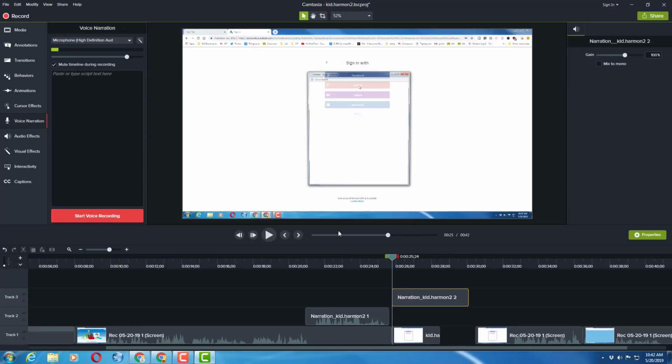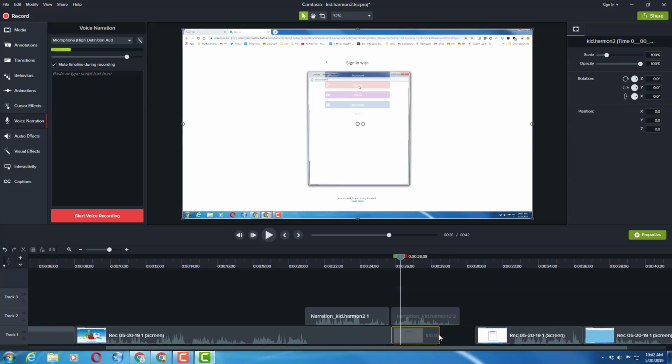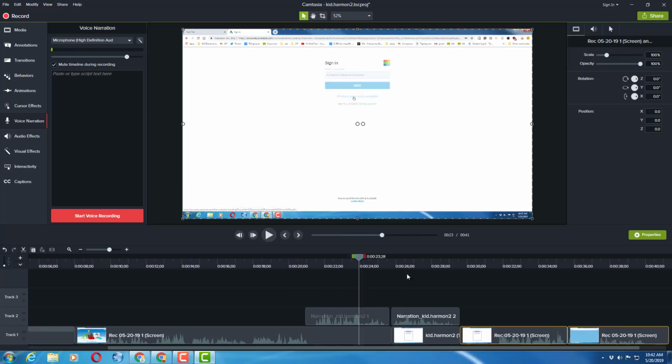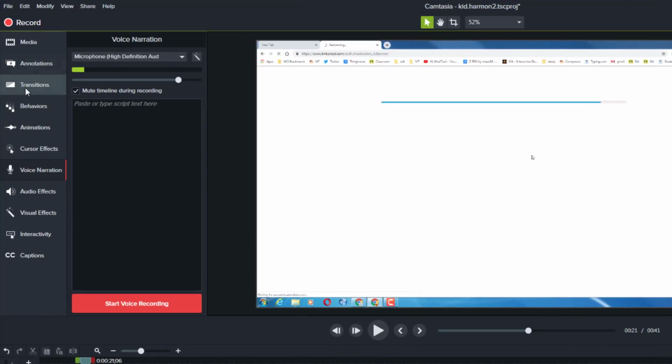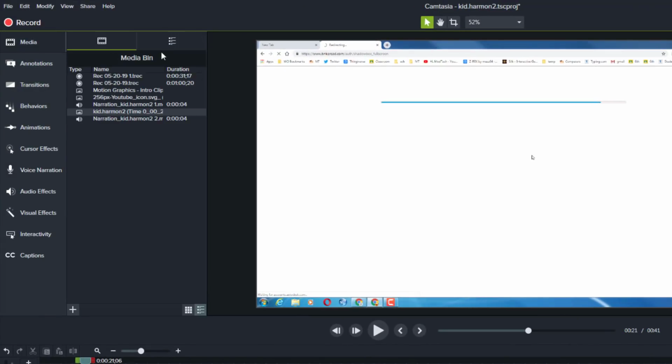When I hit stop, that piece is saved. I can trim it so it fits, put it in place, stretch this little image, because all that was an image, grab those two and bring it back. So it lets you customize your video so that it does what you want, not necessarily what you did the day you recorded it. When you're happy with your entire project, you need to go back to the media choice